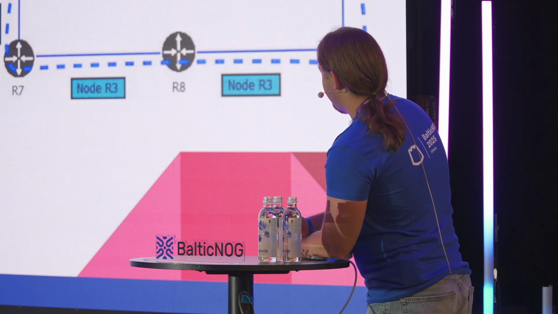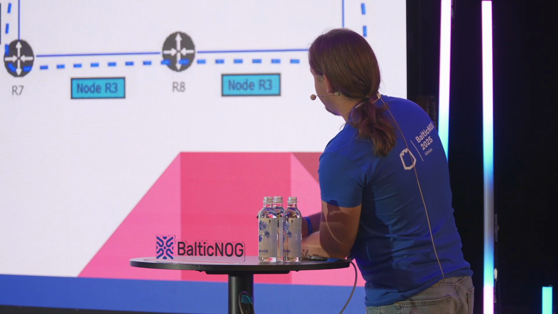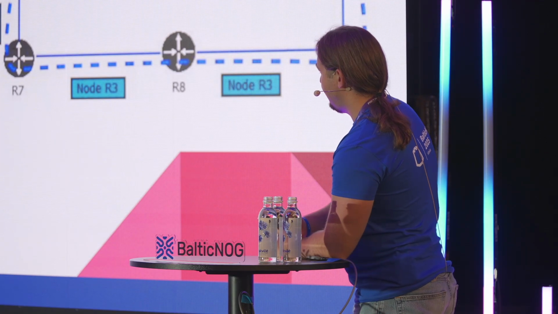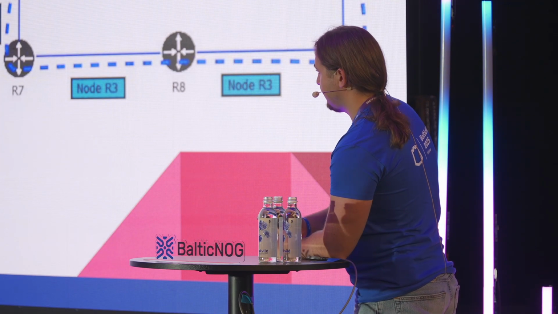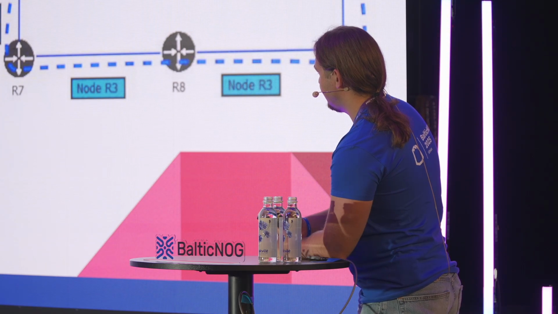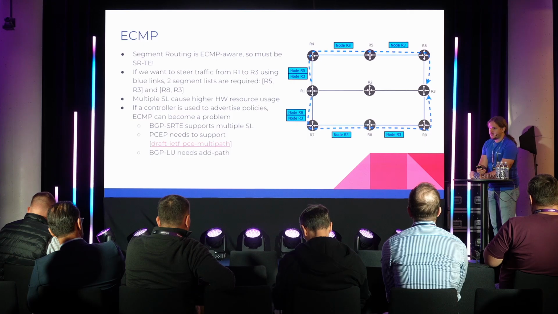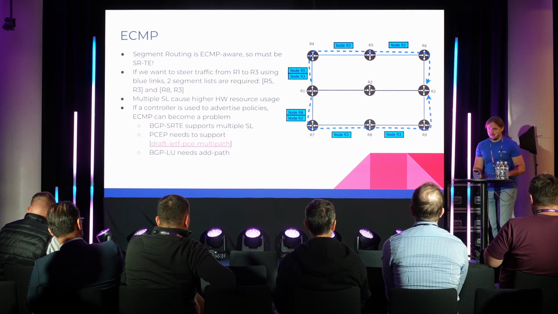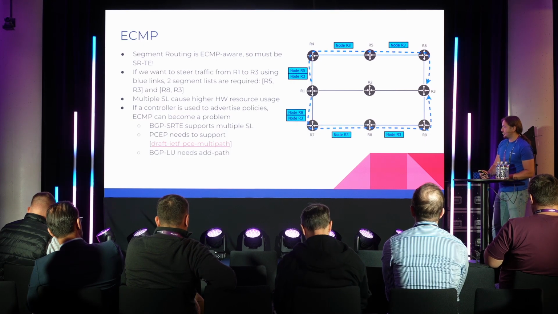It's a perfectly normal and supported scenario in segment routing, but it has some caveats. One caveat is that, depending on the hardware chip being used, it can result in more FIB entries being utilized, and sometimes on some chips like Jericho, it has a very limited number of ECMP entries.